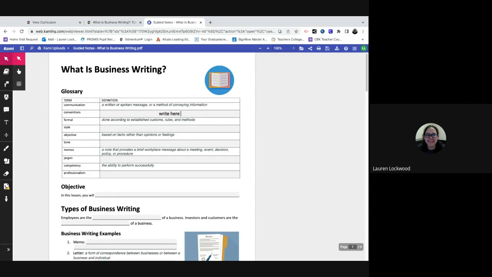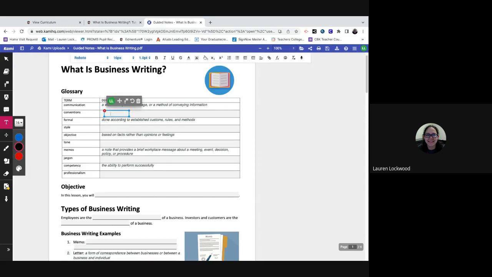Now, sometimes the autofill section, you can't change the size of the font. And so if your definition is especially long, part of that might be off to the side where you can't see it. If this is a problem for you, then you can use the text box. That's this T right here. You'll choose what color you want the font and then click in the spot, and the text box will allow you to change the size of the font,